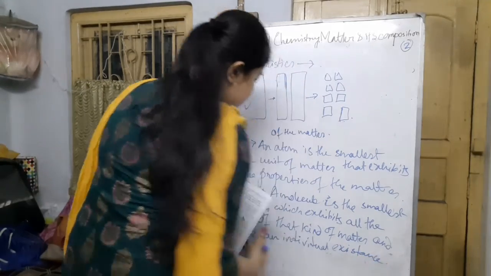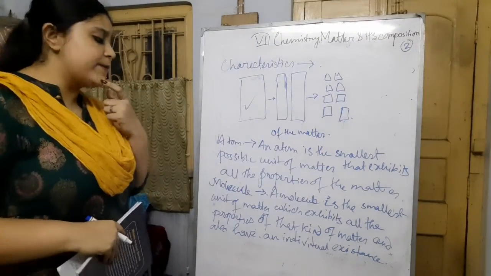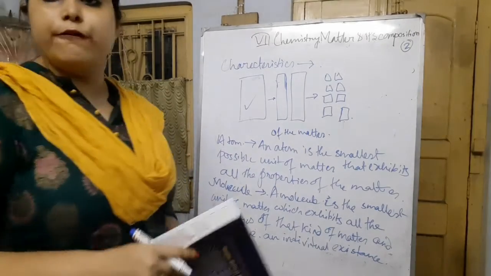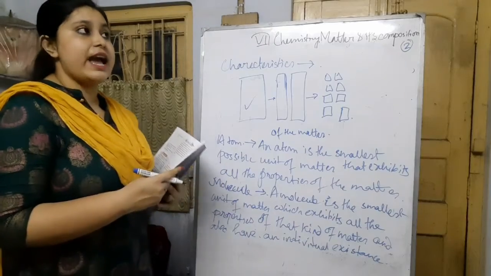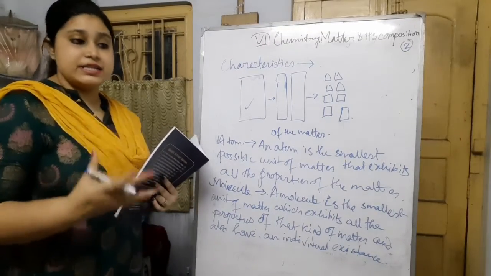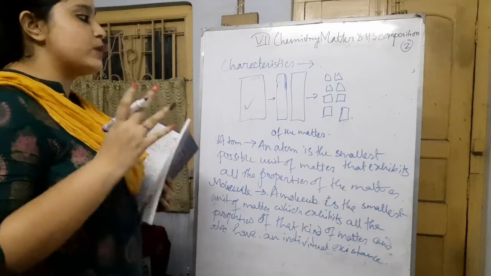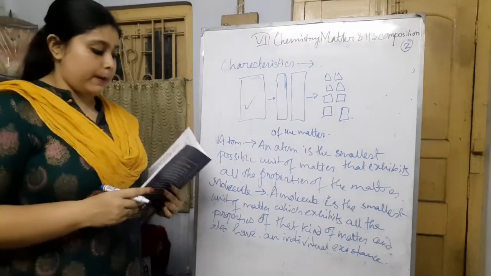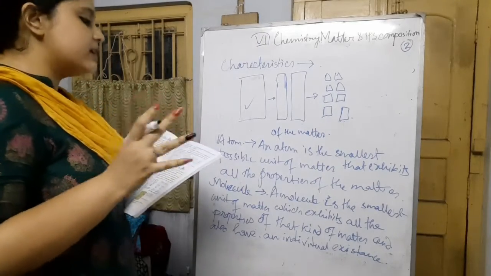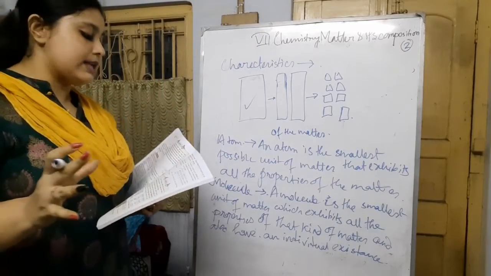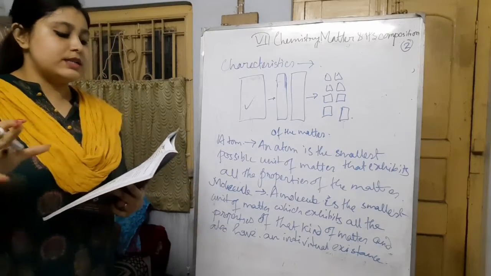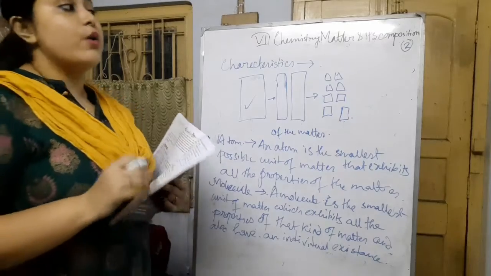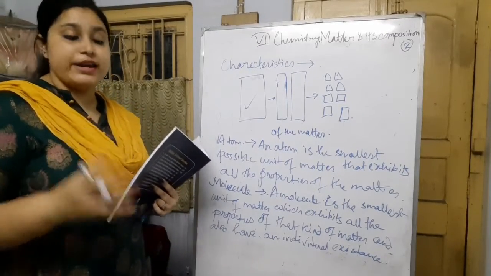So a molecule is bigger than an atom, and it is the composed form of atoms by which it can be present on the earth and have an individual existence, and also have the same properties as the matter. However, both of these particles are too small to be seen by the naked eye. They can only be seen through a microscope.